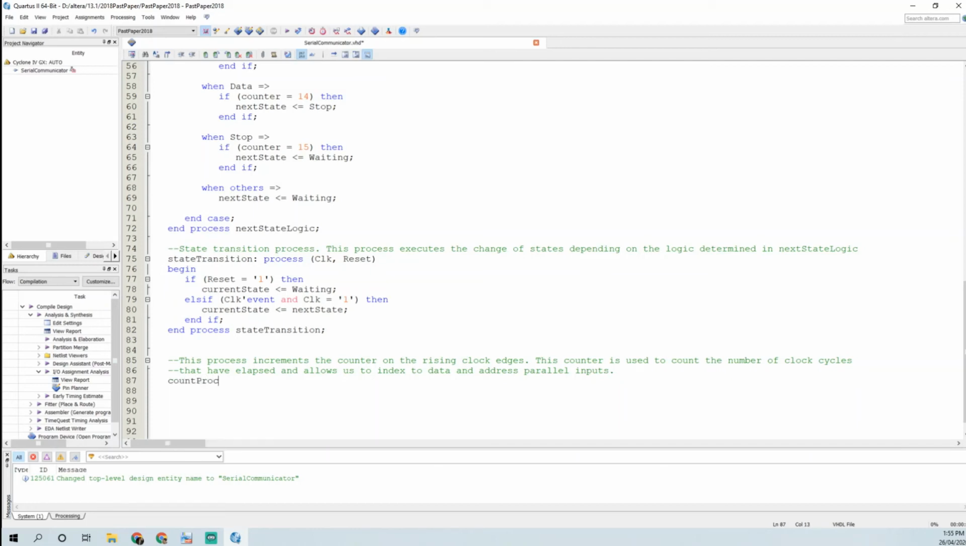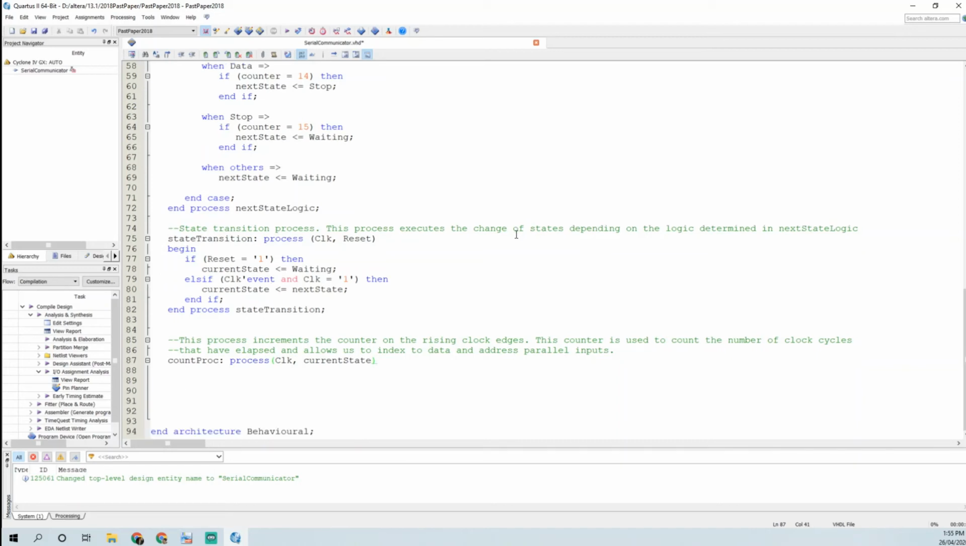So I'm going to call this count proc, and this is a process that is sensitive to changes in the current state as well as the clock. Remember, it needs to be sensitive to the clock because on every rising clock edge we want to increment that counter. Okay, so what's going to happen inside here now? Well, first of all, let's take care of these rising edges. So if my clock event and clock equal 1, in other words, if I'm at the rising edge of a clock, then,